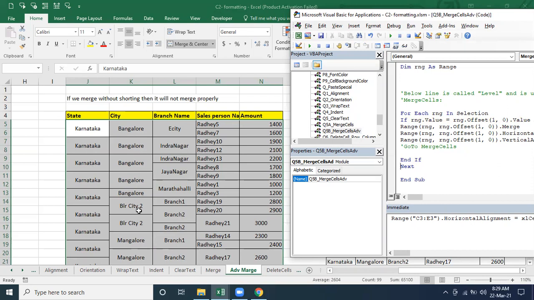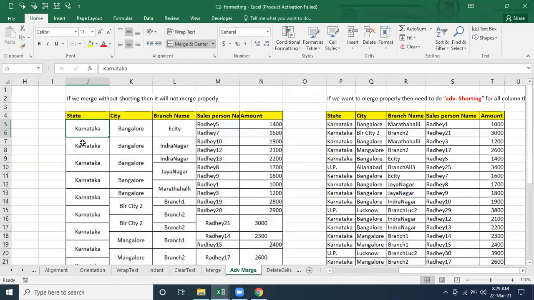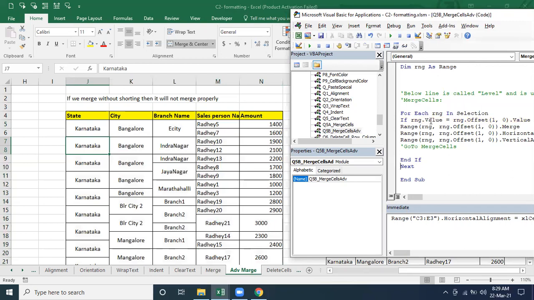It should work like this. No, it should not work like this. Correct or not? So it's going to pick one cell, this cell first, and then it's going to compare. So like that, logic should be clear while doing this one.